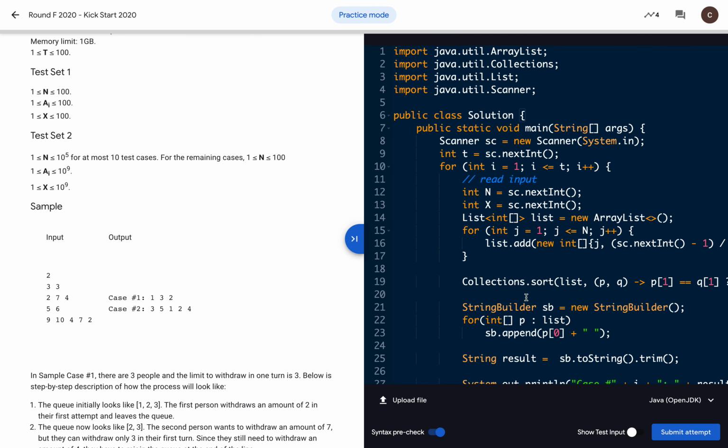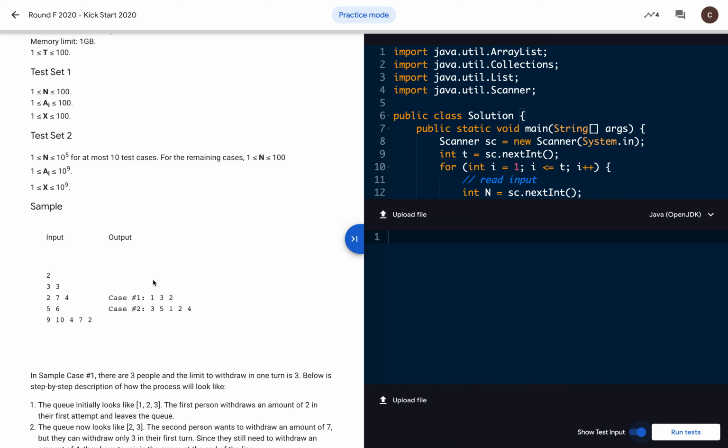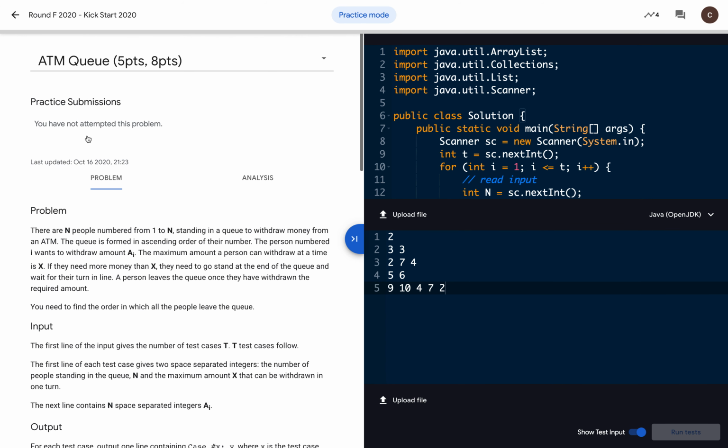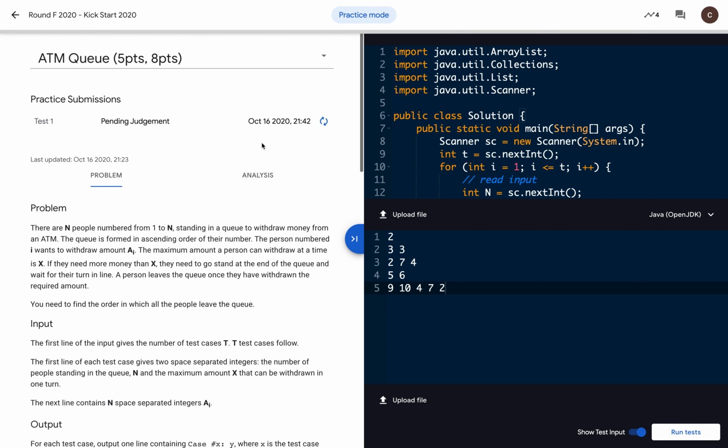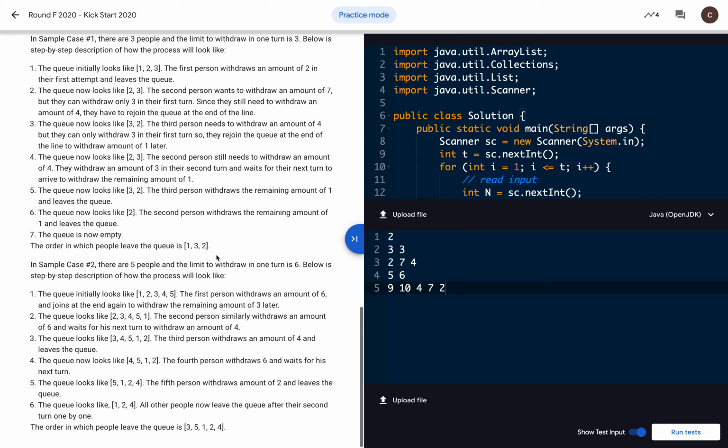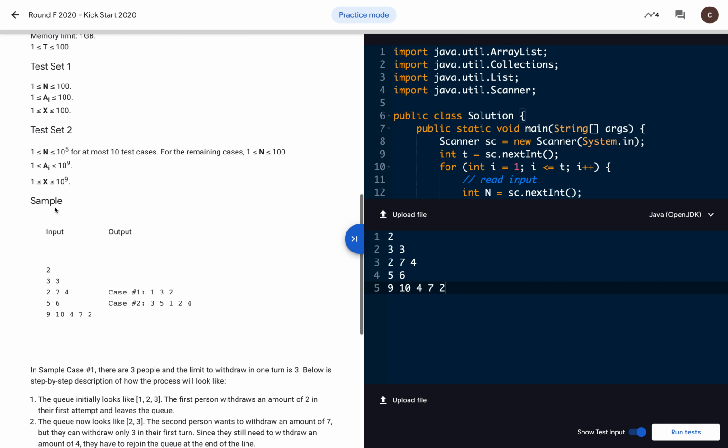So let's run the test cases first over here as well, one more time. So the test case will be run here. It takes some time, that's why I use IntelliJ, so that we will be sure we will not get at least a compile error or something. So it's going on, and we can see this is the constraint.